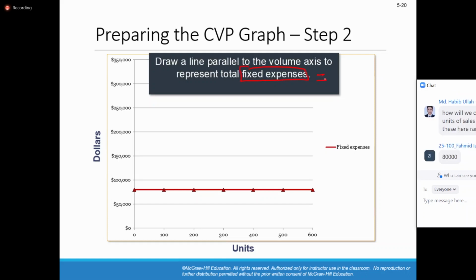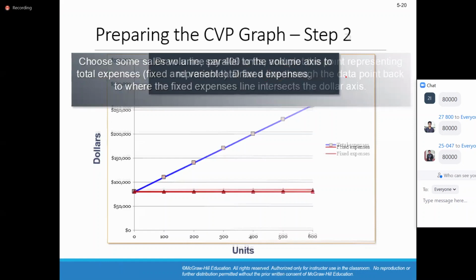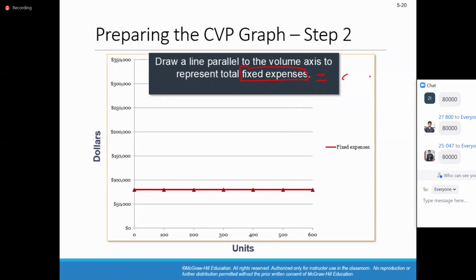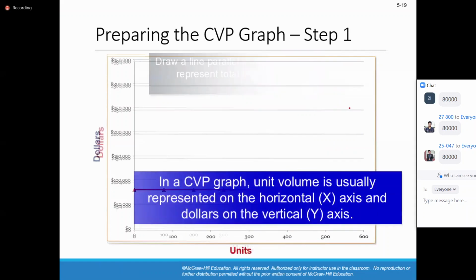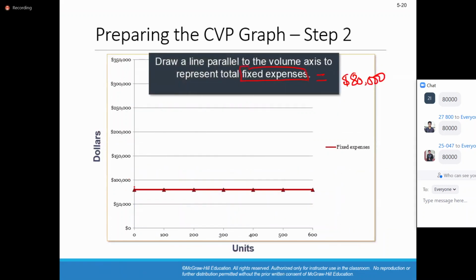Fixed expenses was 80,000. Okay, so you are with me. So $80,000. So for the $80,000, what can we do? We can find out an approximate value for 80,000 here, and we need to draw a horizontal line